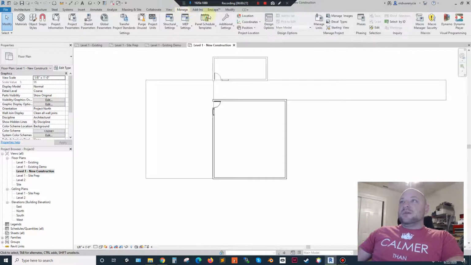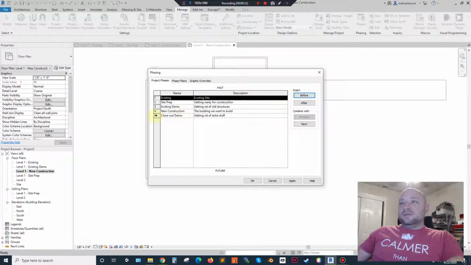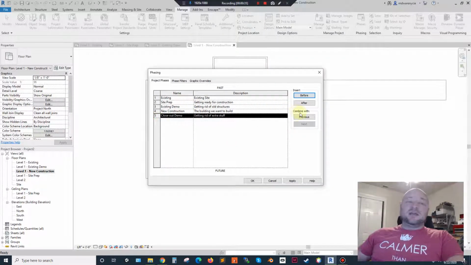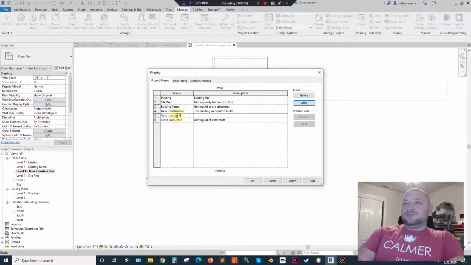So back to manage phases. We'll skip that for now. And then I'll go down to 5 here, and let's say that we actually have another phase. So there's a whole second chunk of thing that's going on here. So after our new construction, we will go in and we'll create another called construction phase 2, and it's expanding the temporary building. Okay, so